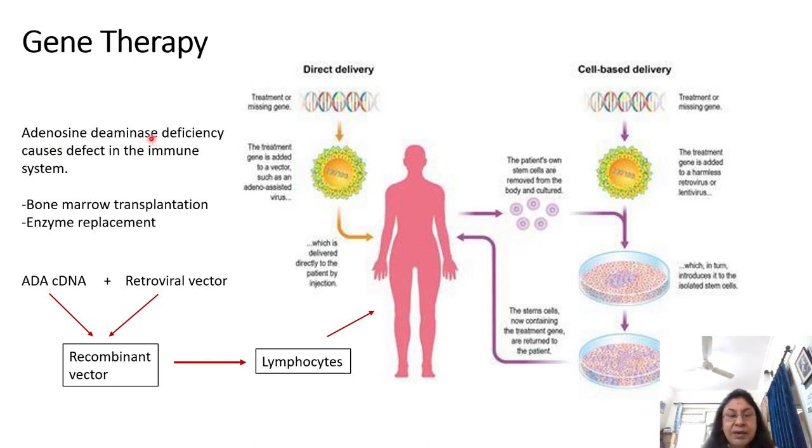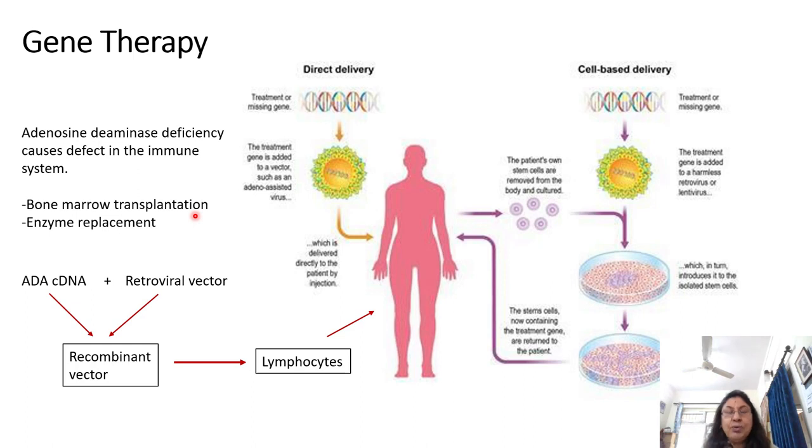okay, is a protein which plays a very important role in the immune system. And if people do not make this particular enzyme, then they also have a defect in their immune system. Now, conventionally, there are two ways of making up for this deficiency. One is to do a bone marrow transplantation, because this particular enzyme is actually made by lymphocytes, which are a part of the human blood system. Okay, and you know the blood cells are constantly generated by the bone marrow. So if you do a bone marrow transplantation, you take a healthy bone marrow from one person and you transplant it into this sick person.